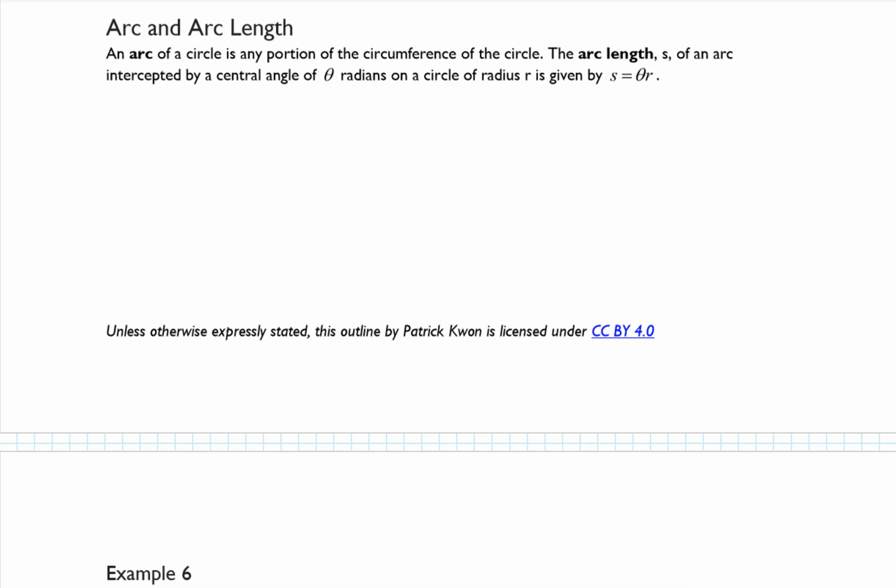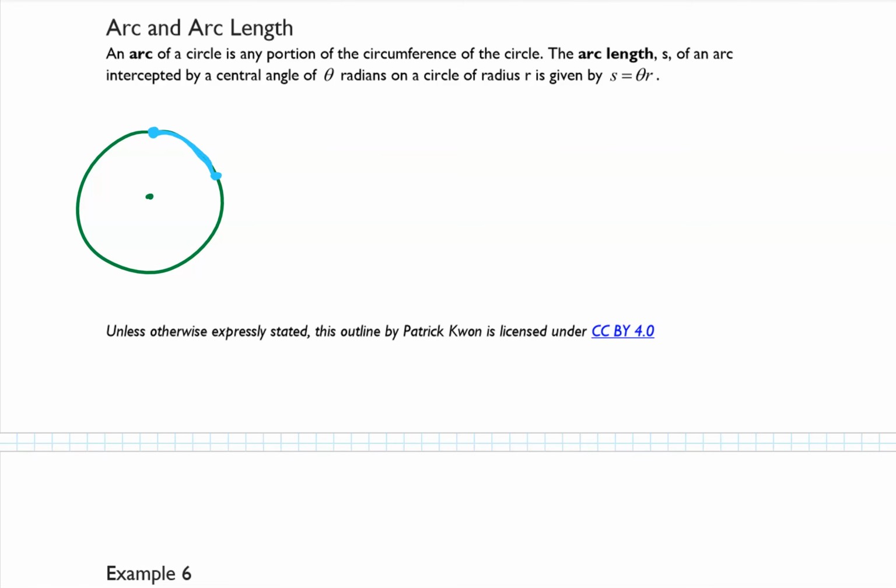Let's talk about arc and arc length. An arc of a circle is any portion of the circumference of the circle. So I'm just going to draw a circle here. Here's the center of the circle. And an arc might be from one point on the circle to another, so this part in blue here,